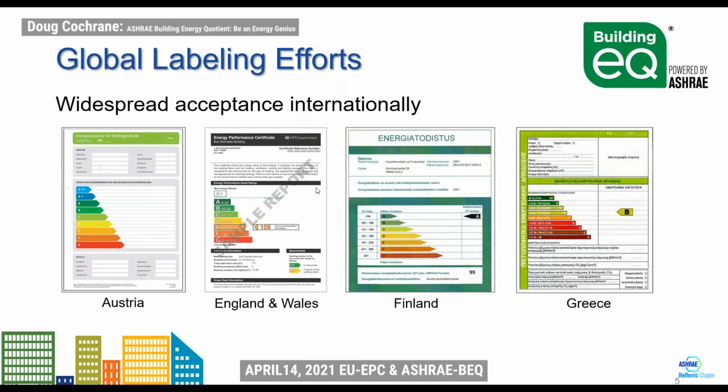So what we found is there's global labeling efforts, and you'll see we have Greece there on the far right, but just gives you some samples of what other people are doing in terms of giving labels to buildings so that people can see exactly how well buildings are performing. With the existing building stock being mostly already buildings that exist, it's crucial that we're going to be able to refine those to be able to make them more energy efficient than what they are. Next slide, please.